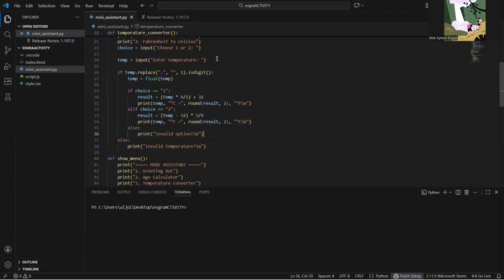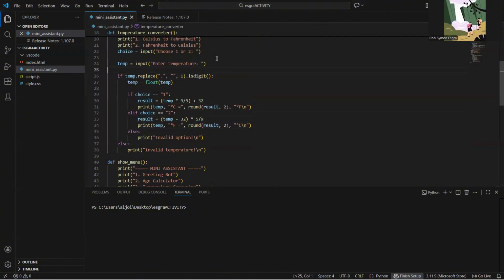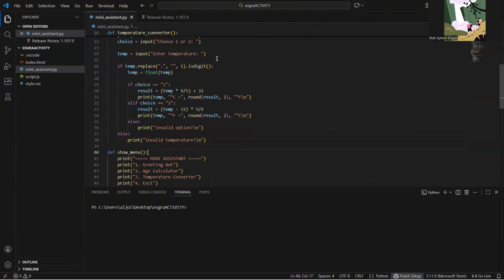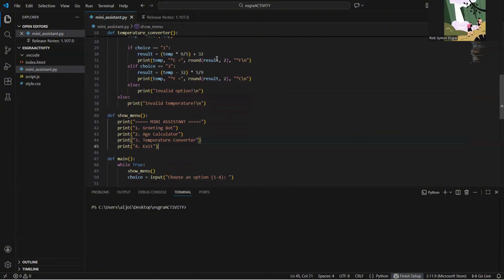And then the else is invalid option, for when the choice is not 1 or 2, for example 3. Then a valid temperature check, in case the input is a string.